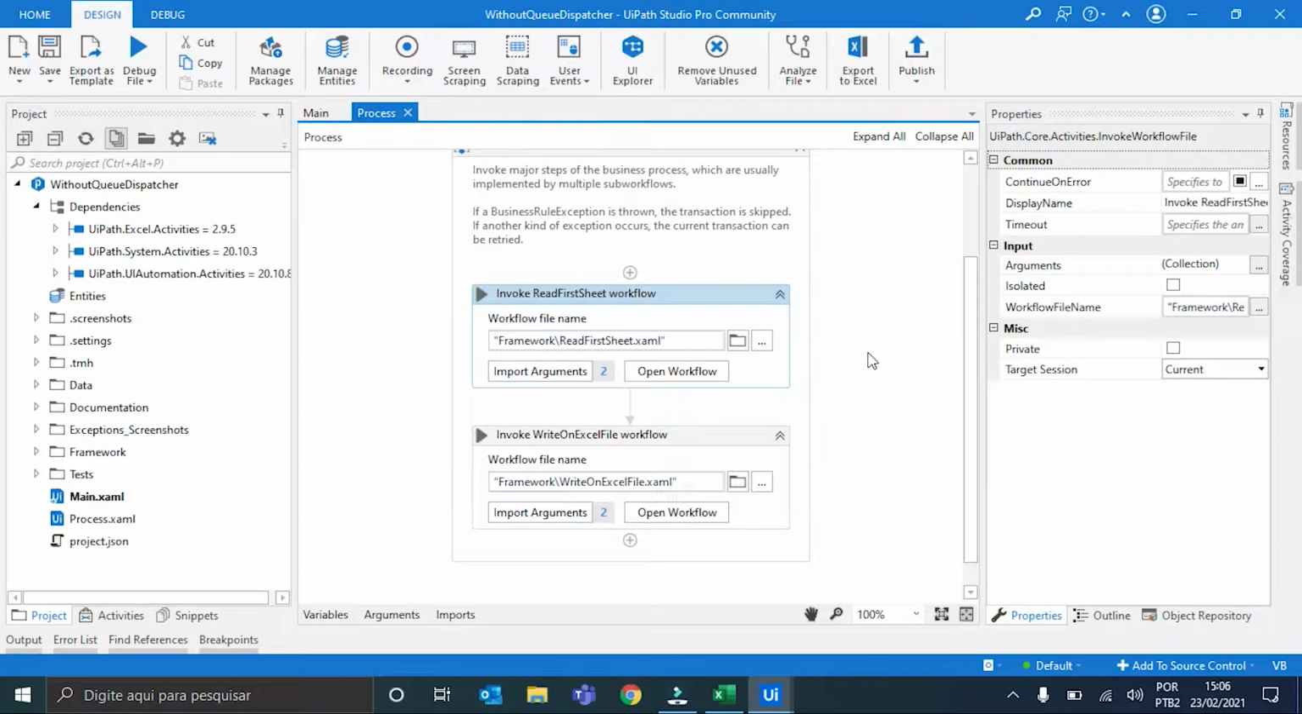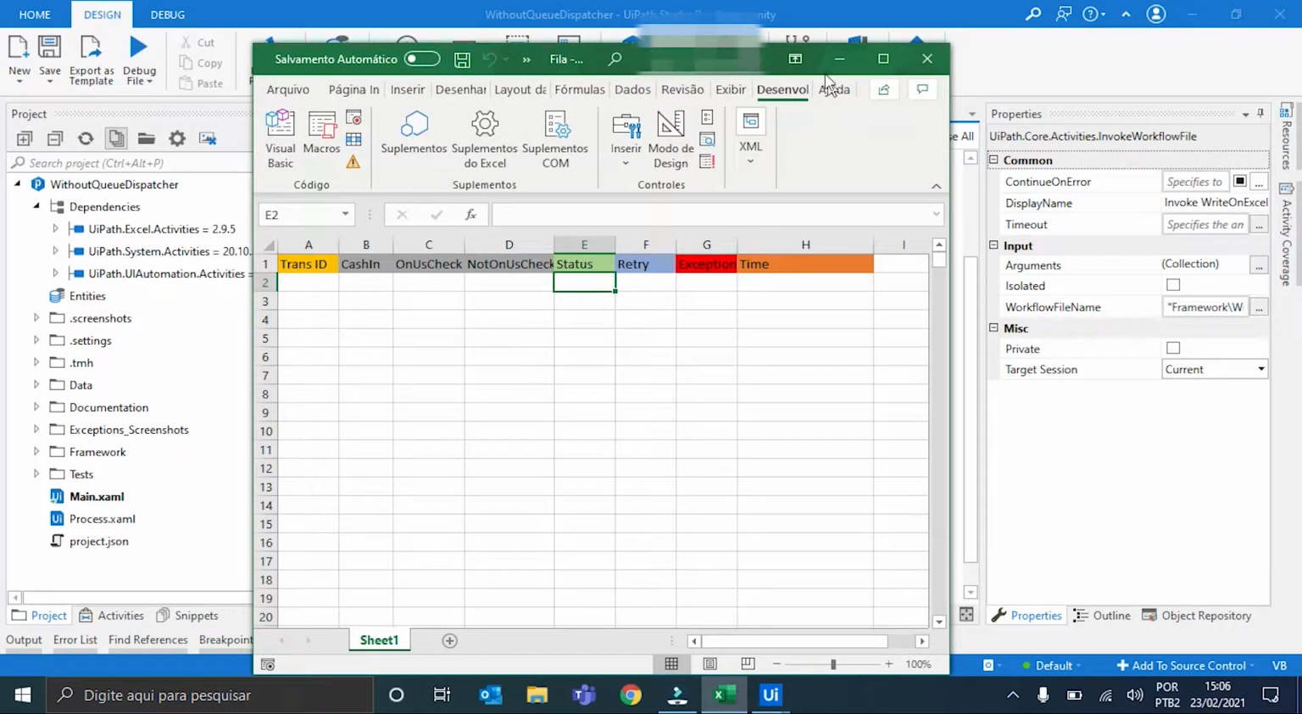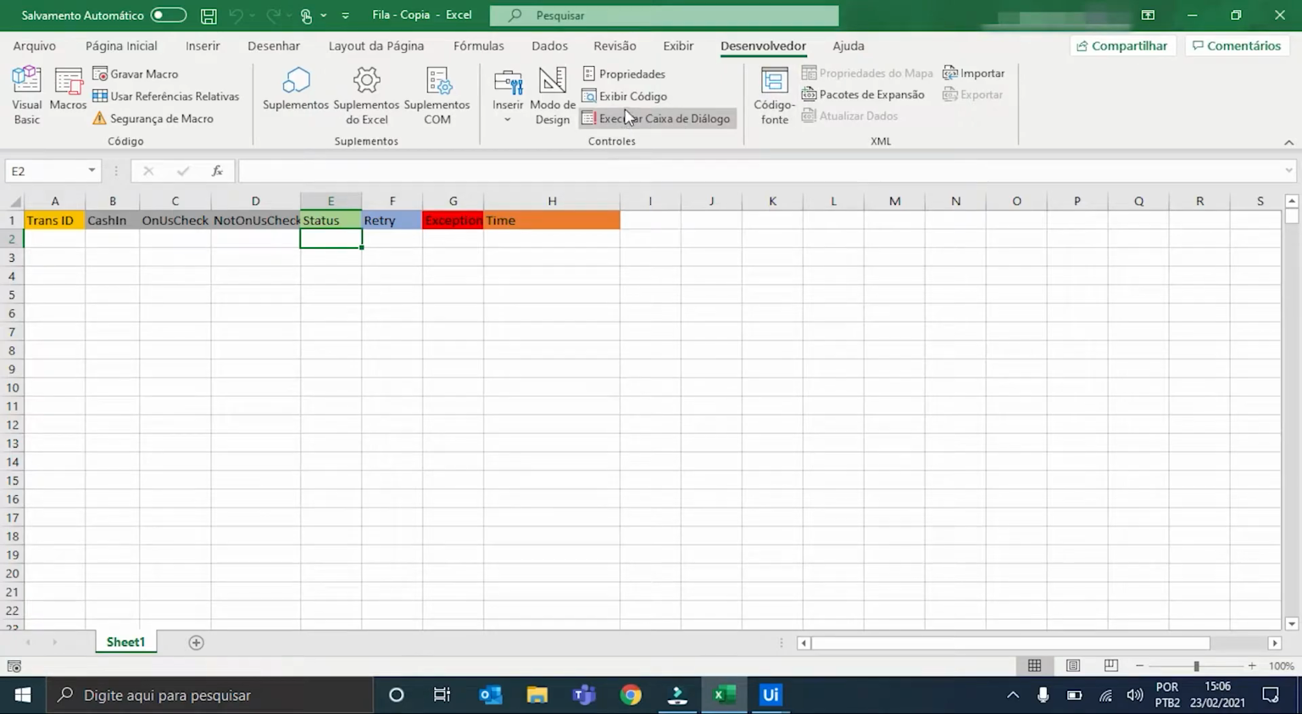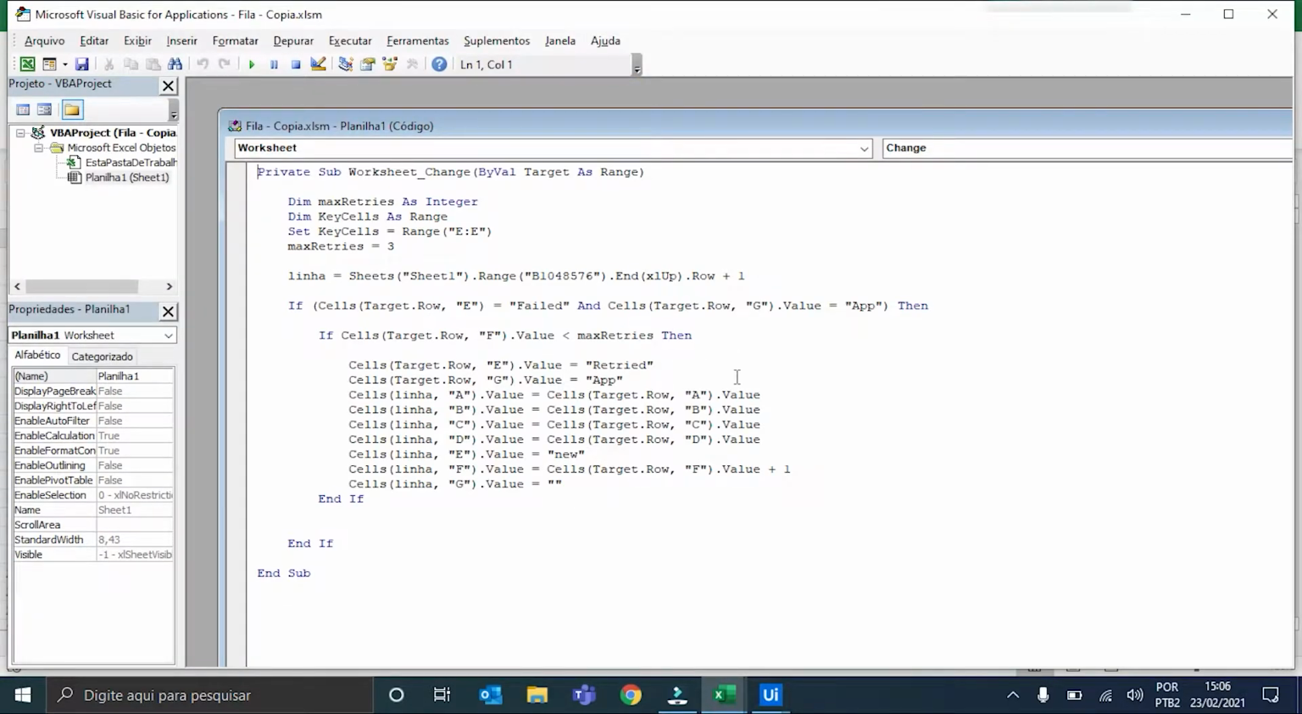This first one reads the spreadsheet that I showed earlier, and then the second one writes its content on the second spreadsheet, the custom one. It's this one that has these columns. And it's custom because it has a code working on the background, a VBA code. There it is. It will be available on our GitHub, but just to resume,